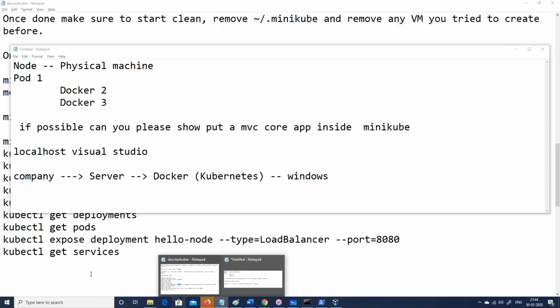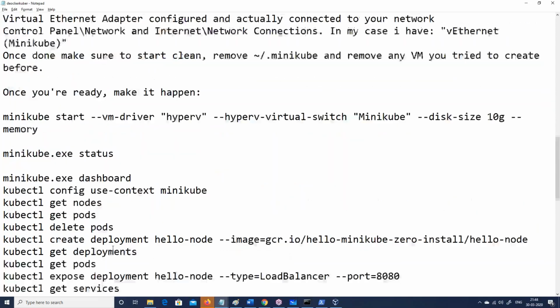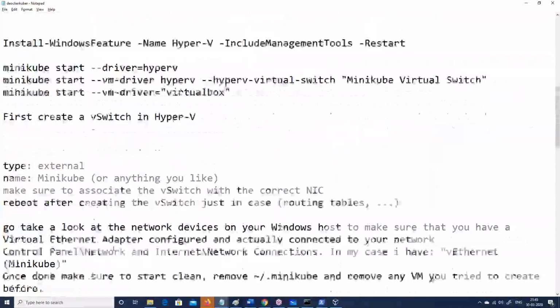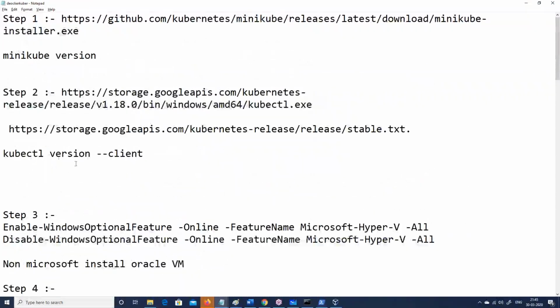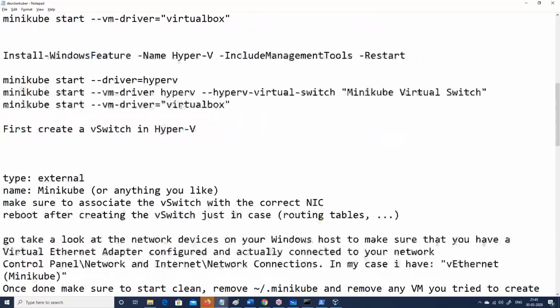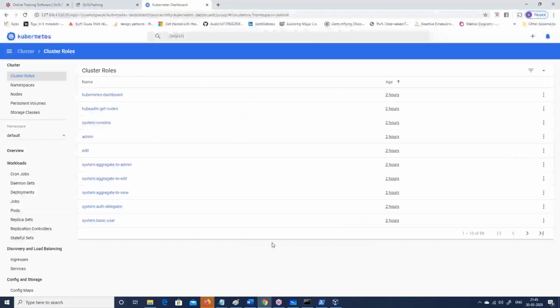Okay, let's just continue. Let me just see what else we have. So we have the dashboard. We saw how to install this. We saw Minikube. We saw the kubectl and this and this and this, right? Okay, good. So quickly, guys, tomorrow, my goal is